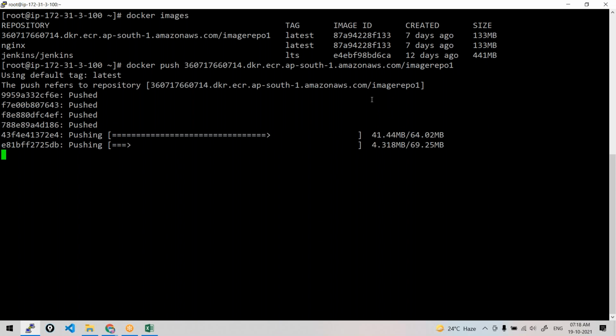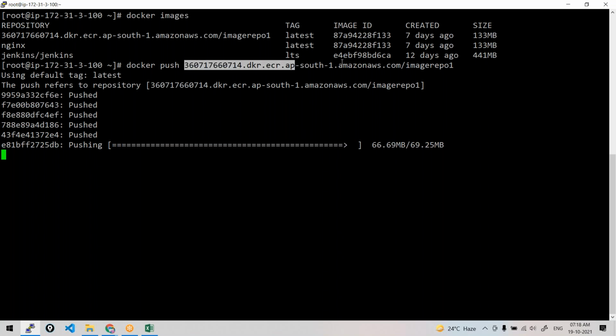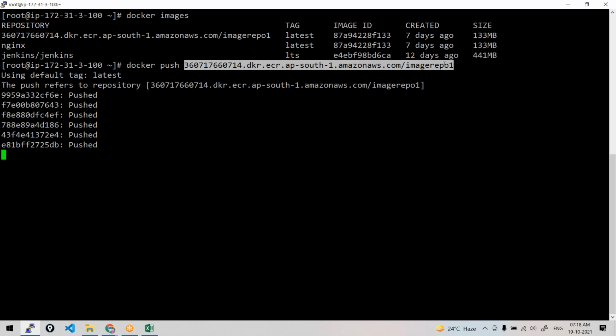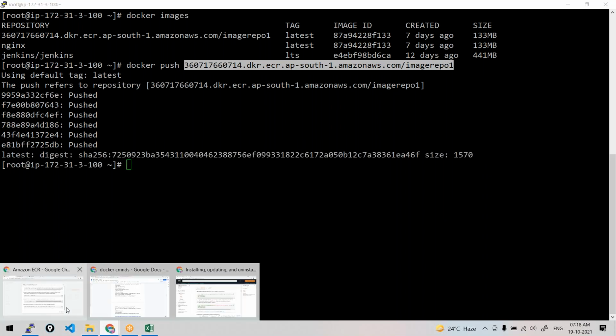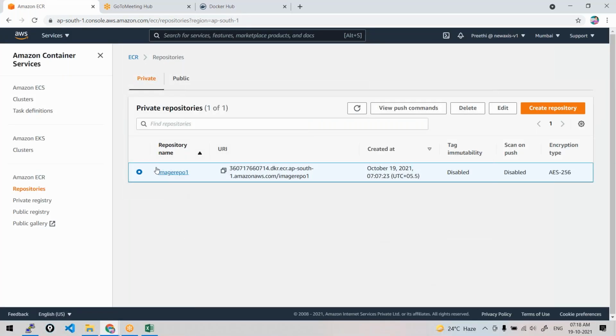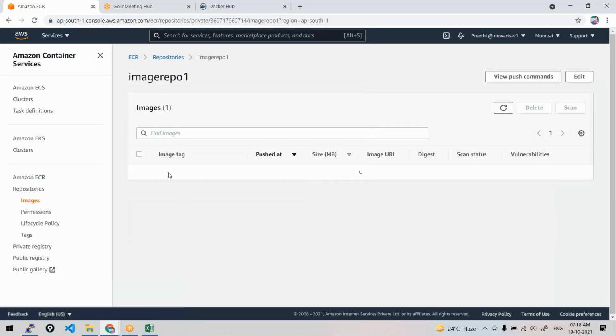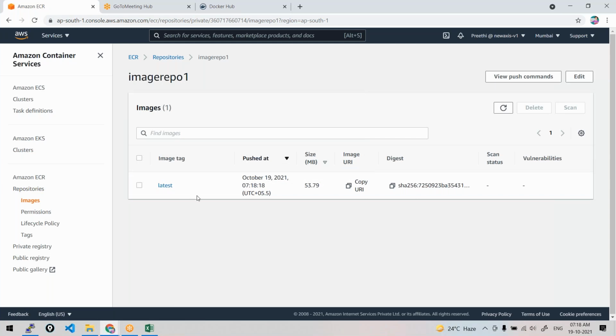Now, whether it is any registry, public or private, ECR or whatever, the concept is the same. Your image name should speak out, it should tell the registry address, repository name, and so on. It says it was pushed. Now check on this console, on this repository. Yes, do you see here? And the hash is generated for the particular image pushed at the time we pushed it.